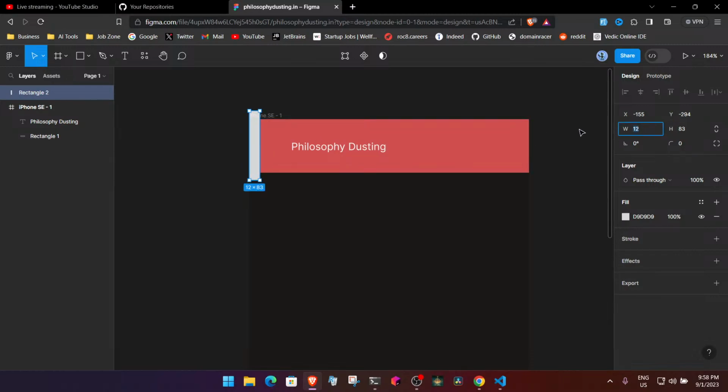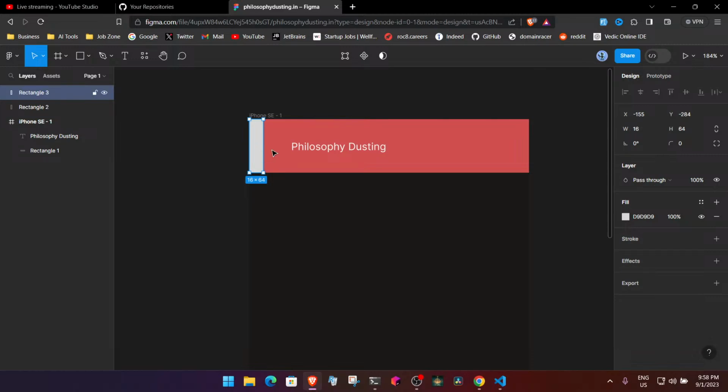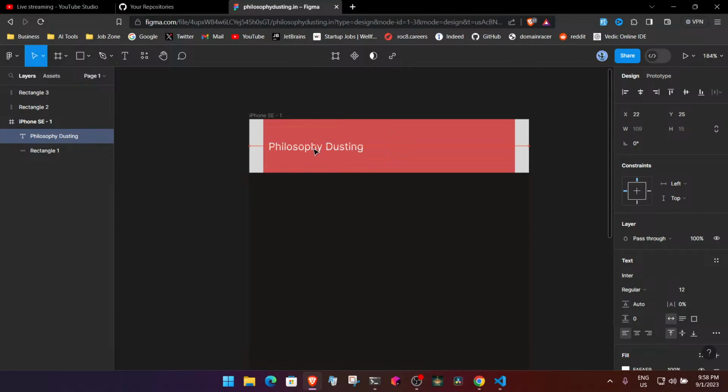Yeah, 12 is fine as a padding, but maybe 16 should be fine. This is what I want as a padding here. Right. And I'll do the same for here. And then here I can say this is my philosophy testing, and I can just do it like so. Like I said, I'm not a designer, but this should do it. This much is enough,